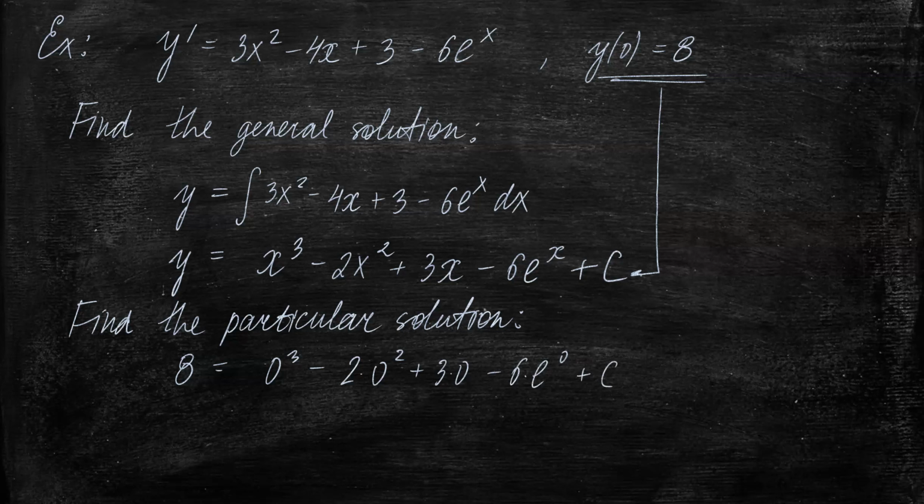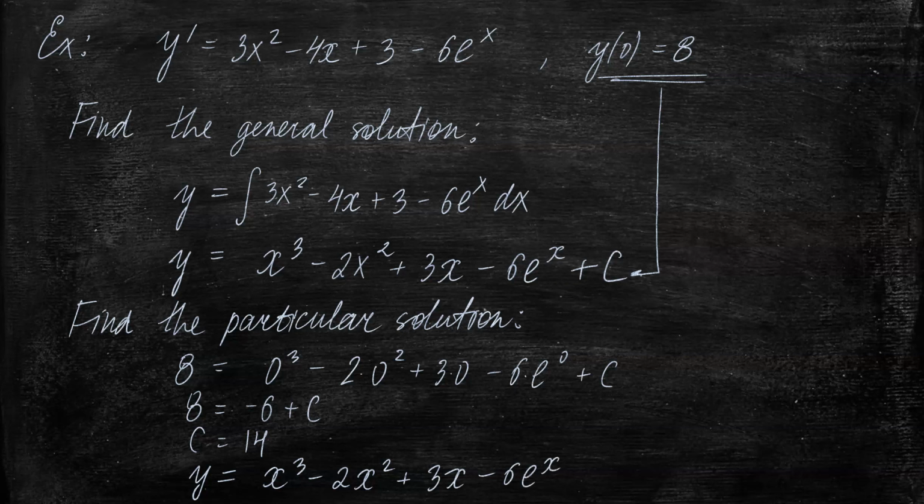And c, it appears c is equal to 14. So the solution that we're looking for is y equals x cubed minus 2x squared plus 3x minus 6e to the x plus 14. So we solve this